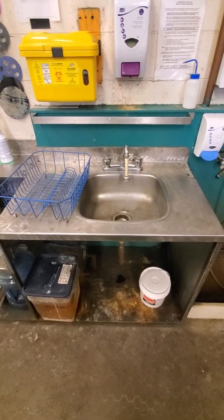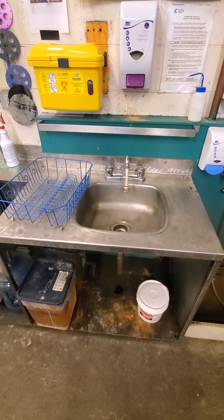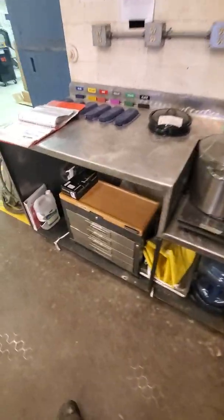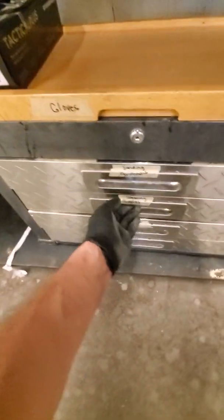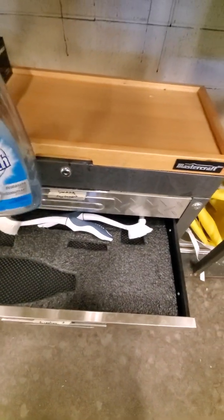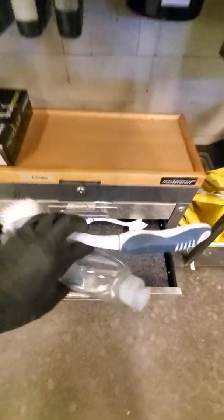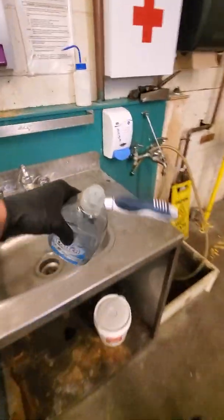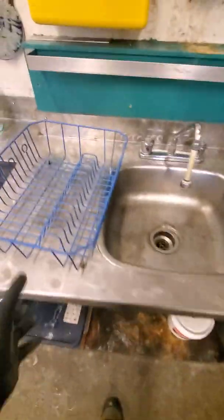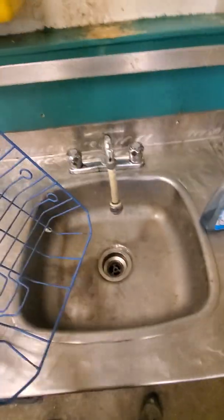In this demonstration, I'm going to clean the parts that are soaking in the Varsol bath. So first I'm going to get the cleaning supplies that I need from the cleaning supplies drawer. I'm going to need dish soap and a dish brush. I'll put those right there. I'm going to install the dish rack into the sink,